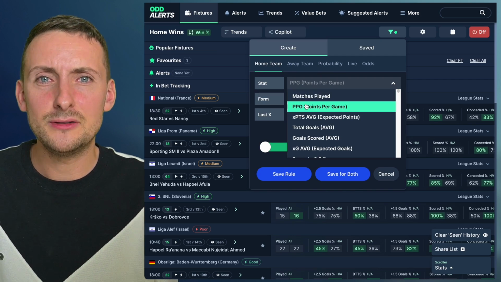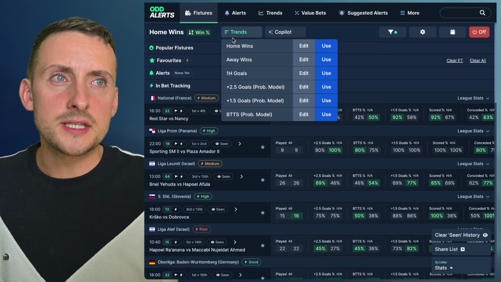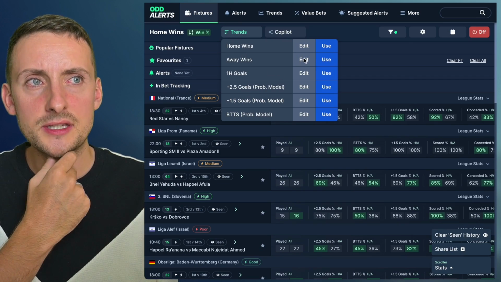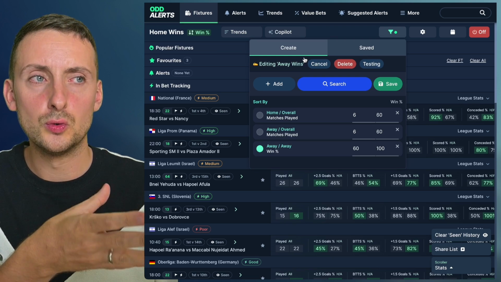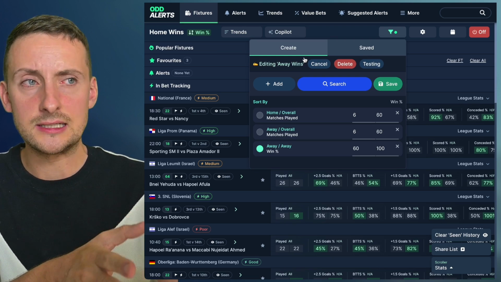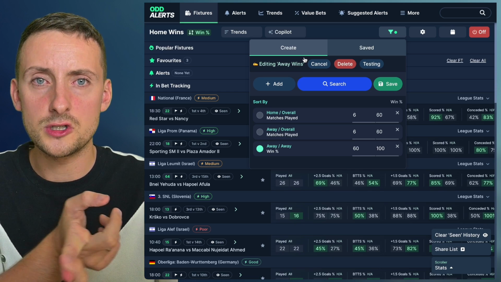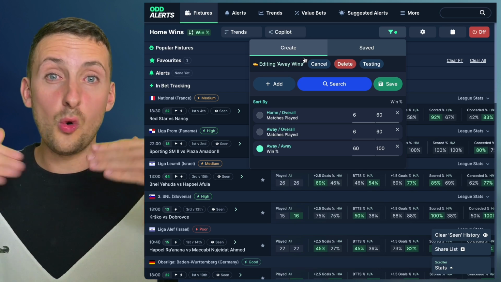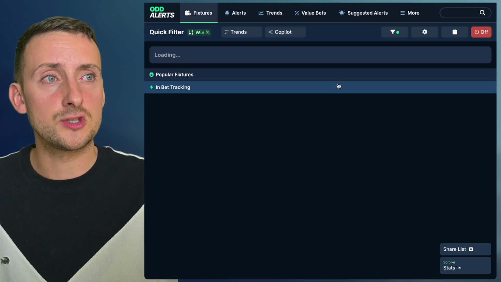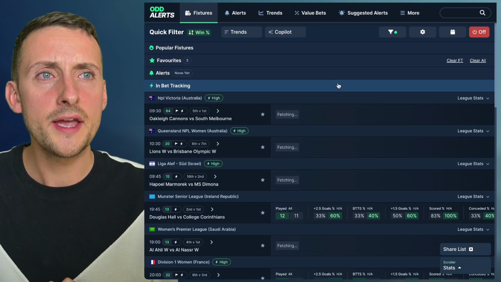Make up, believe, imagine. Now what's great about this as well is that you can also click edit. Let's say we want to edit this away wins filter. We can see the rules that make it up, and this is essentially what the trends page is looking at. 60% or more in terms of the win percentage, and then sort all of the games by that rule, the away win percentage. We can hit search for this, and it will go away,